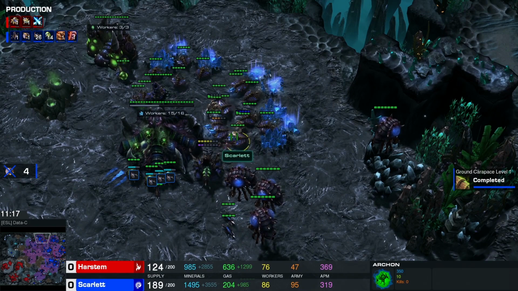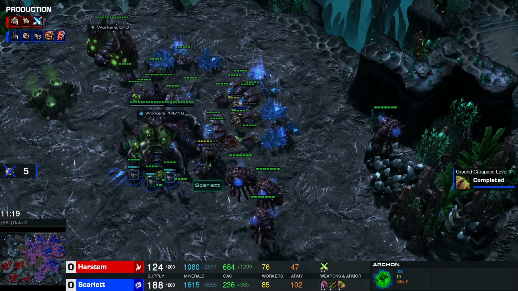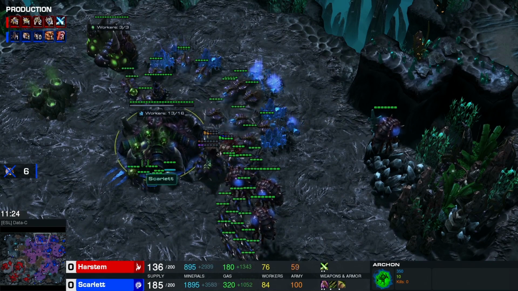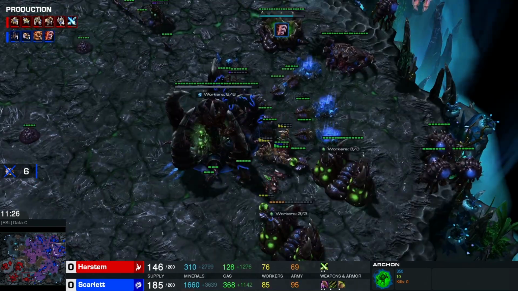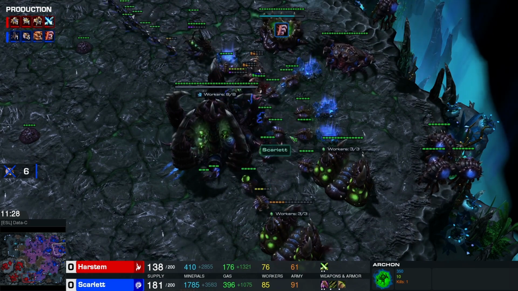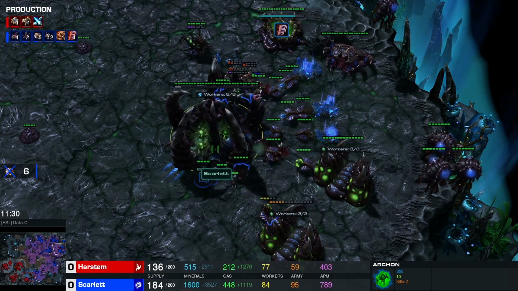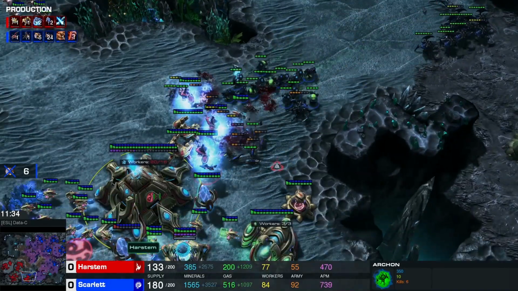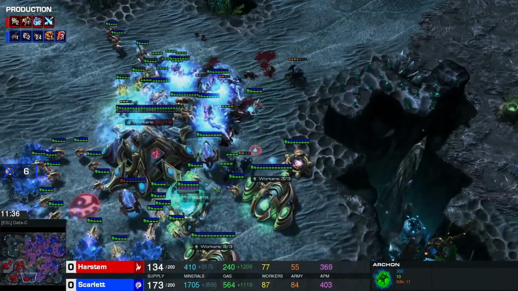At the same time, another attack here with some Zealots. And those Zealots are pretty much left unpunished here. So 6 drones have been killed. Finally, Scarlett is able to hold this, but more and more of those drops are really dealing chaos against the economy of Scarlett. Scarlett deciding not to wait, she's going to pull over here with those Banelings, with the Zealots,